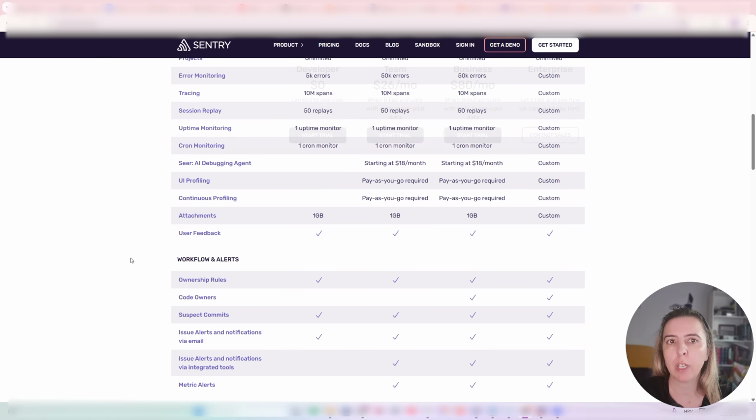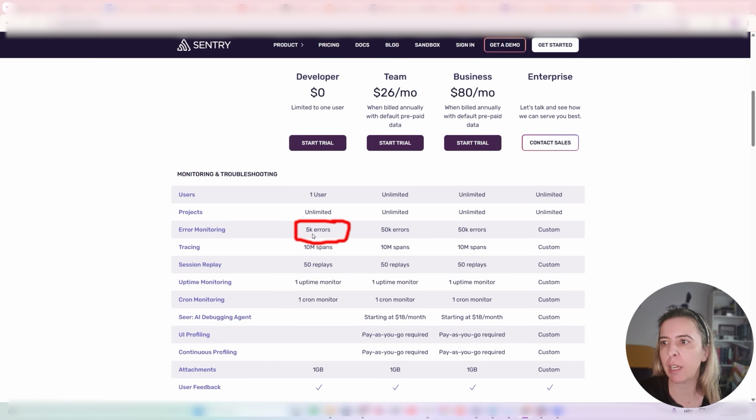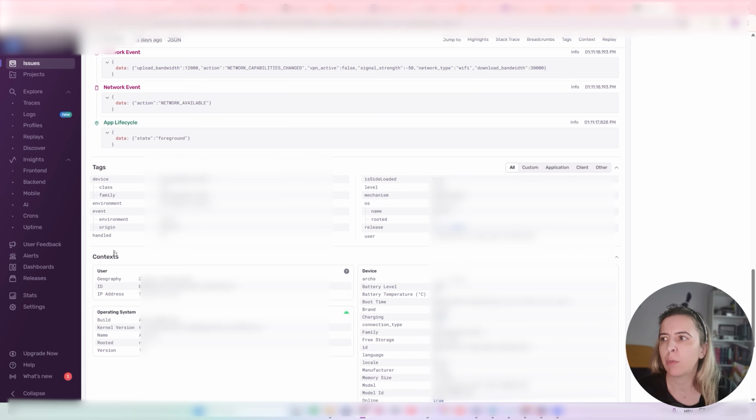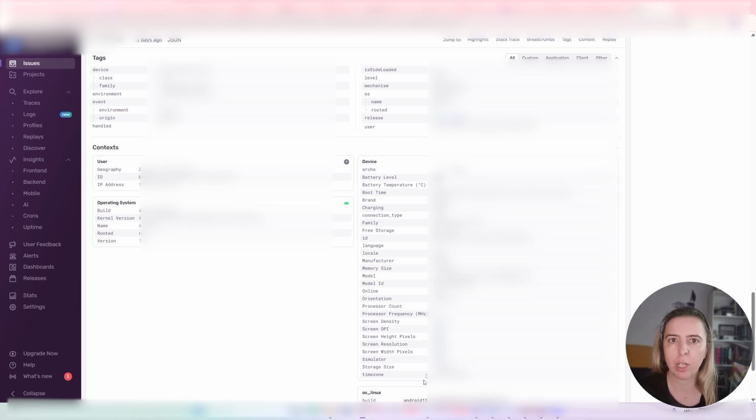It's also free up to a point. It's like 5k errors every month and you get source map support and detailed stack traces. Sentry is more detailed. What does it mean for your app? You should state all of that in your privacy policy and data collection in the Play Console and App Store.